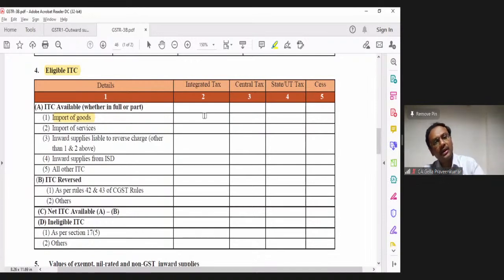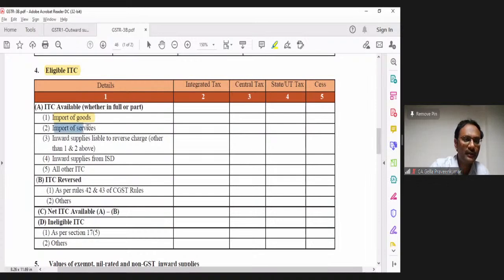Now, if I imported goods through courier mode, that data alone is not coming. I have to manually do the data entry for import of goods. As of now, please understand, when I say import of goods, during that particular tax period where I have filed my bill of entry, and the material was received at my end, that data I have to fill in my GSTR-1. So the courier bill of entry is not auto-populated. I need to manually key it in.